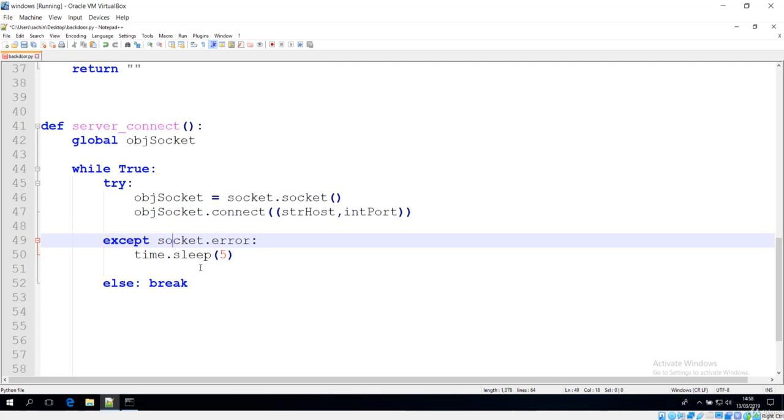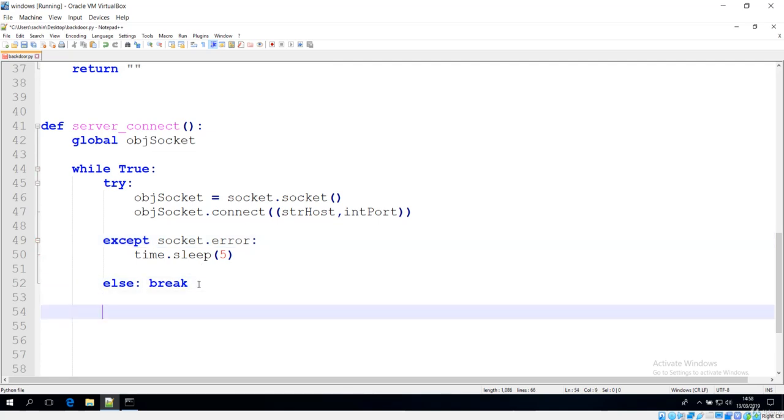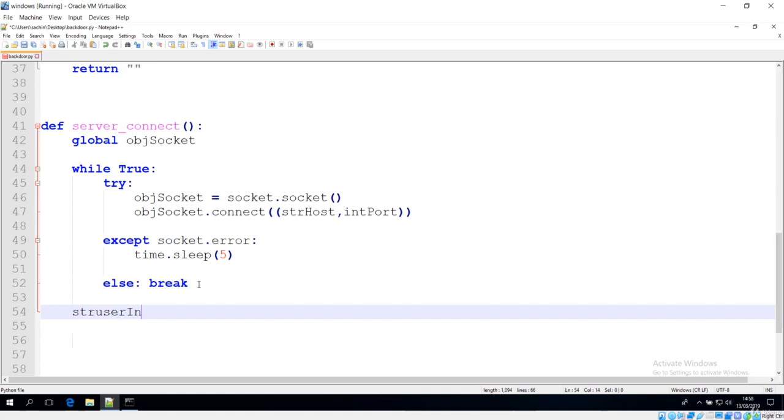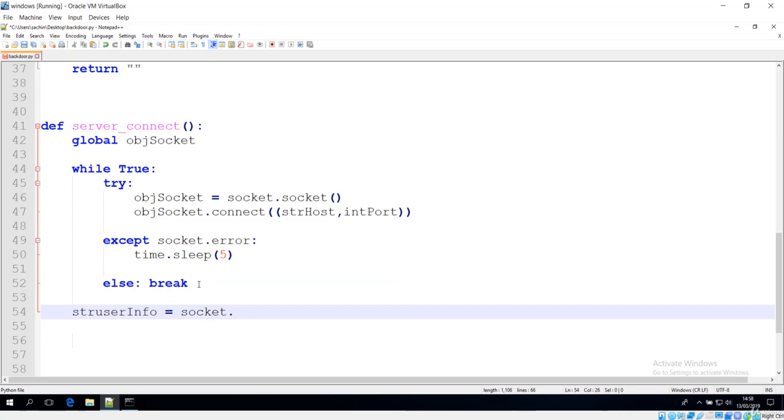Next thing is we'll get the host name, and that can be done right after this while loop. After this while loop, I'll make this user info variable, and from the socket object we are going to call the method gethostname. This is going to get us a host name, and now you have to get something concatenated.